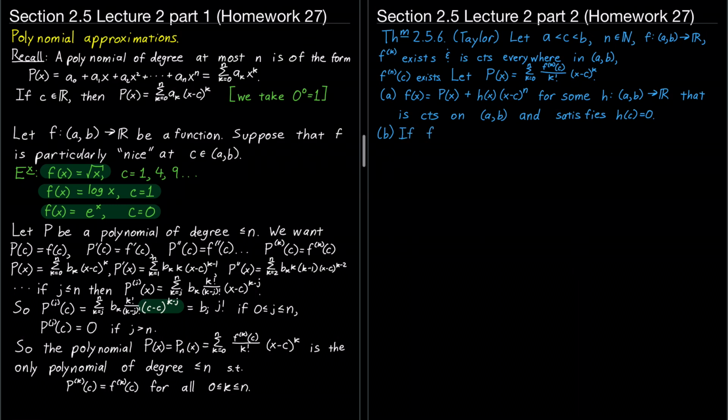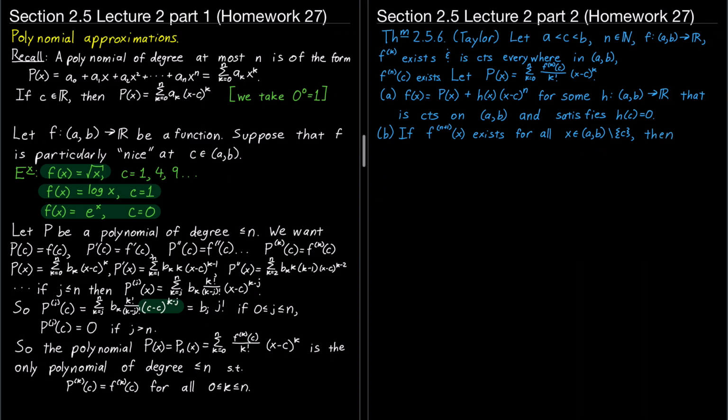So if the n plus first derivative exists for all x in AB, and you could even just have it exist for all x except your special point, if that happens to be convenient,